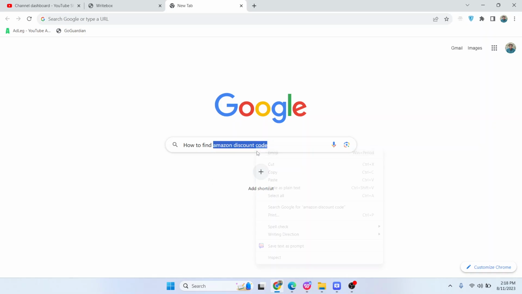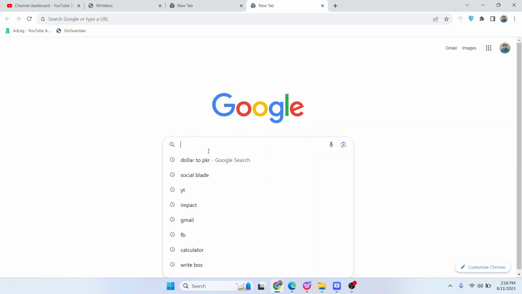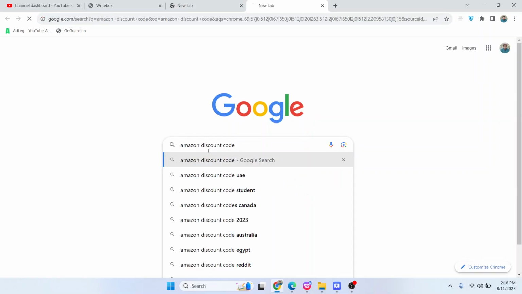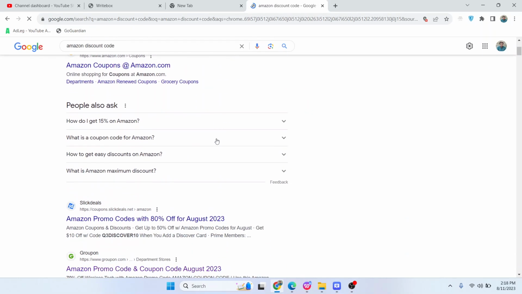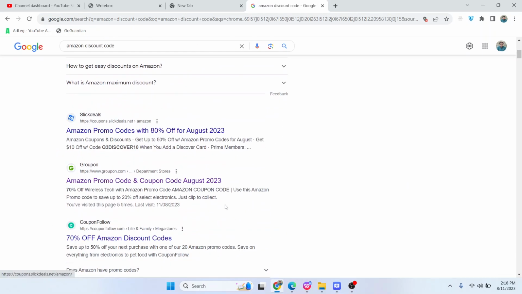So the first step you simply need to do is to copy Amazon discount code, or you can search on Google directly by typing Amazon discount code and hit enter. So you need to scroll down and you can see different websites. So you simply need to open any website from here